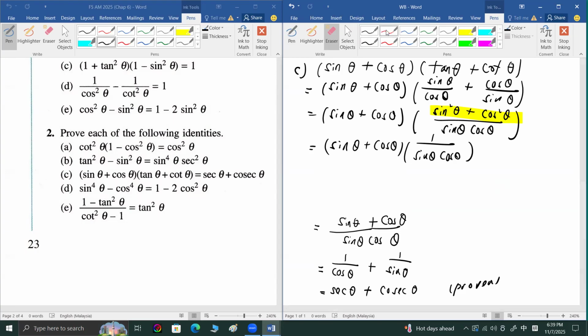Or maybe you can delete this one, just write a bit up. Or maybe you pretend you don't want to delete anything. So, okay, maybe you just pretend that you write like this, sine theta, cos theta, because you multiply, and you write sine theta, cos theta. But it's the same, right? You purposely do it like this, then you cancel it, then you just write the rest, which means you can have the following steps already, right? Then you tell